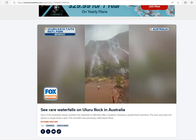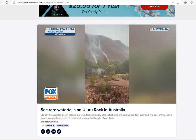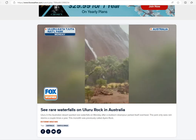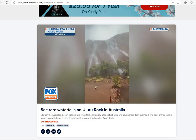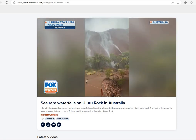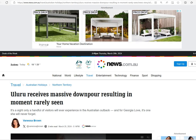Most people, when they're out in a national park on a hike, it's a disappointing day when it's raining. A lot of people will trudge through it, put a smile on their face. They're going to do it. I do it depending upon, I mean, not if conditions are crazy dangerous, but if you went out there in this rain, you could have been treated to this, which this news.com.au